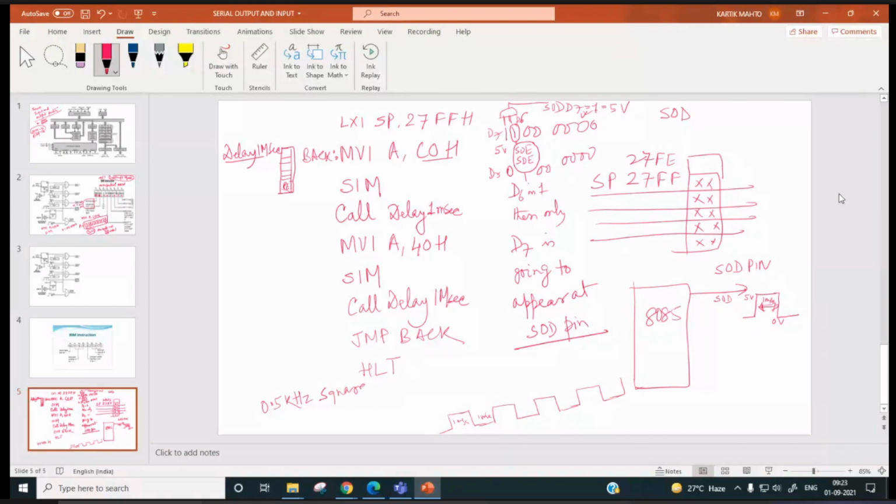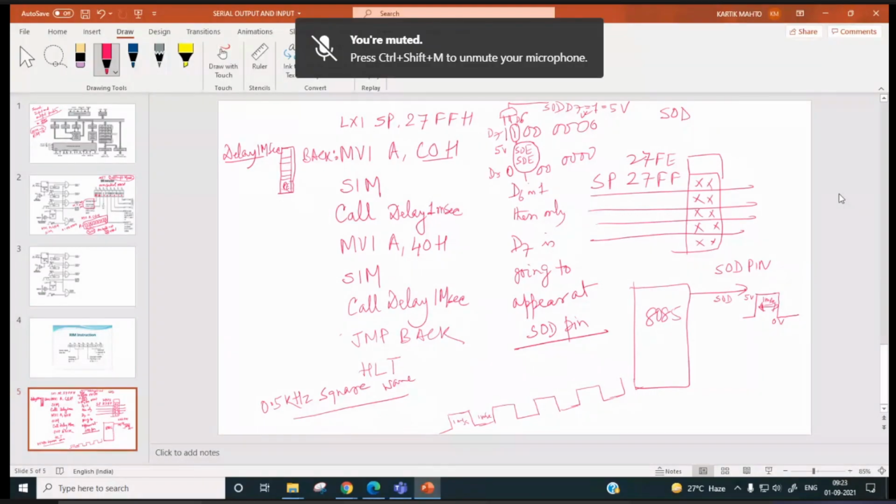And when is our program going to stop? Anyone? When will it come out of this loop? But this jump instruction is unconditional. We are not checking any condition to repeat this loop.